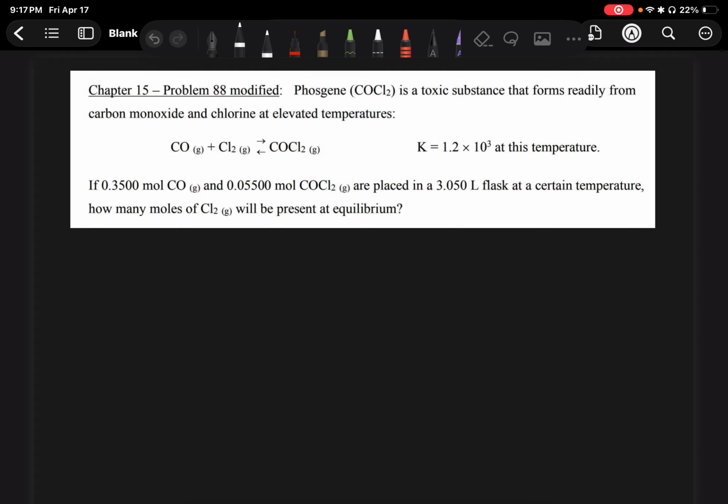Okay, so first let's just set up the ice table. CO plus Cl2,